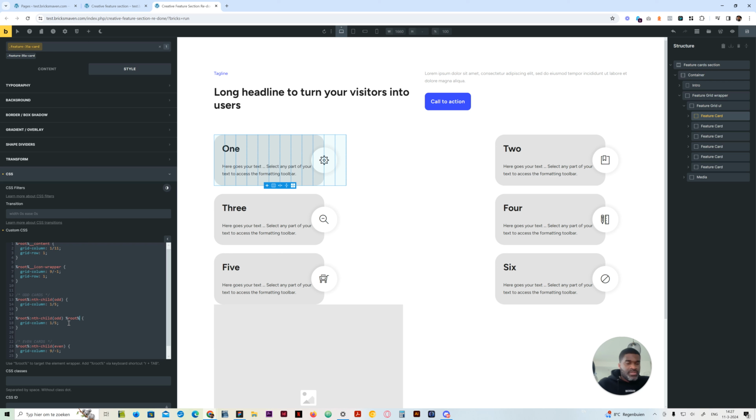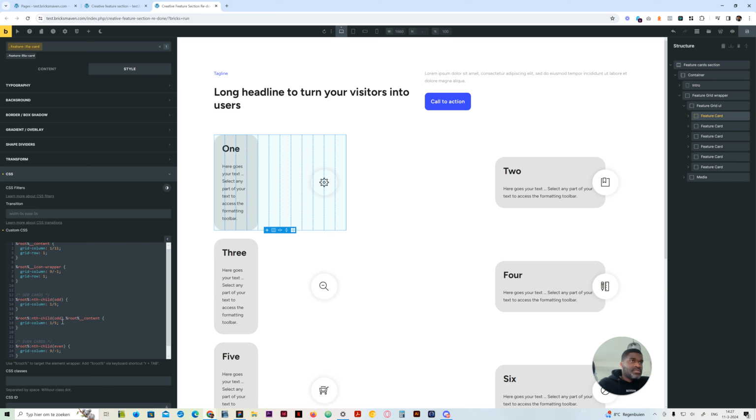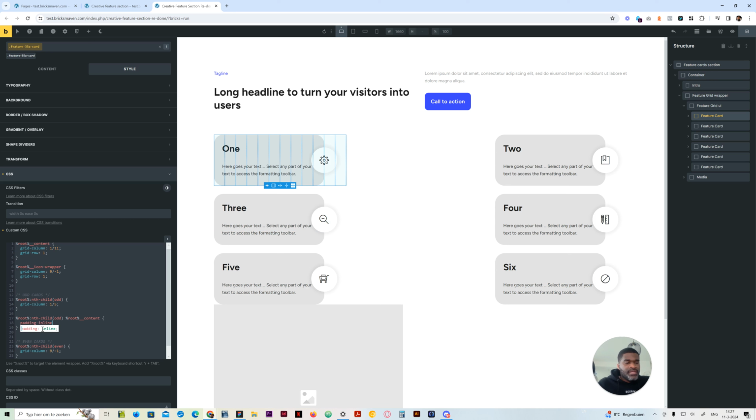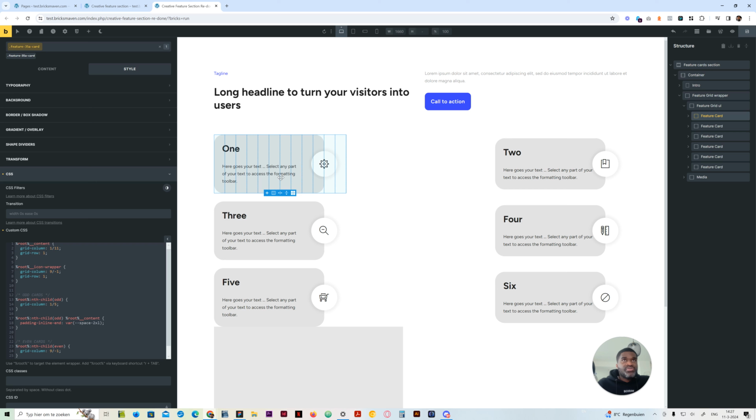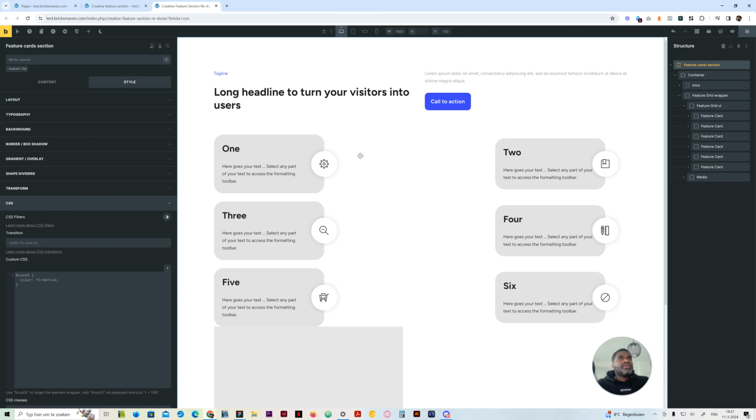and root, this is the content. We're going to do the following. We're going to say that the padding inline end should be var space Excel, right? Okay, so we have some spacing. Maybe I should increase it to 2, so it's 2, see? And then